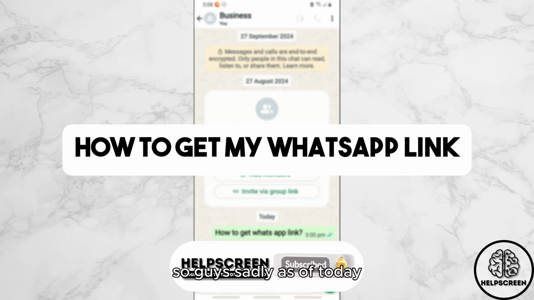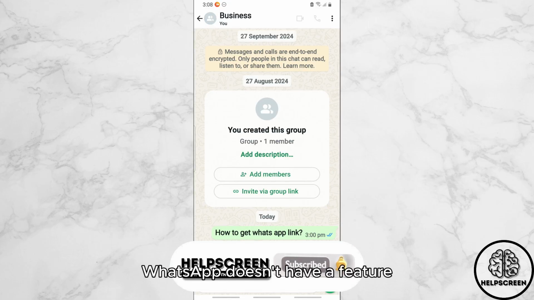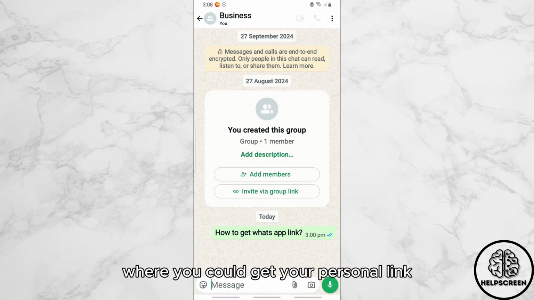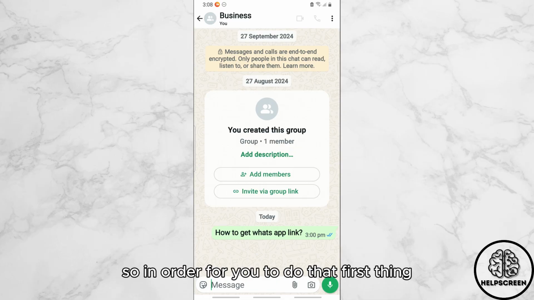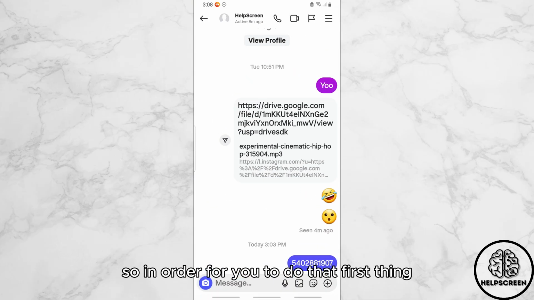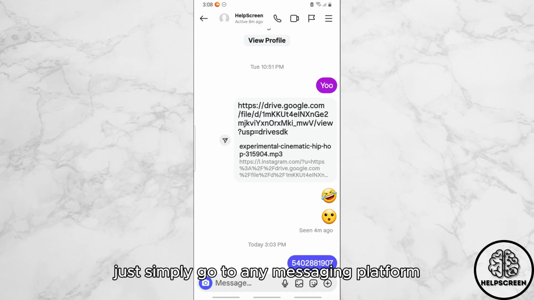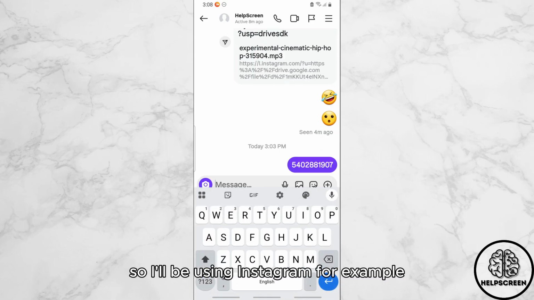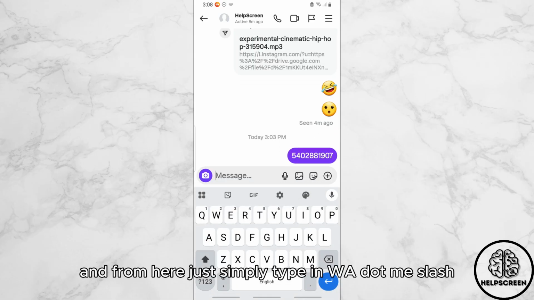So guys, sadly as of today, WhatsApp doesn't have a feature where you can get your personal link, so you have to create one. In order for you to do that, first thing, just simply go to any messaging platform. I'll be using Instagram for example, and from here just simply type in